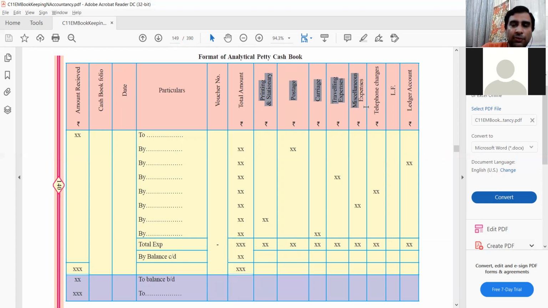For every respective business, what are the most commonly incurred petty cash expense items? Those will appear for the respective business. It will be different. The second last column is the ledger folio, and the last is the ledger account, which means if you are incurring a petty cash expense which does not fall in these 6, 7 categories, so 1, 2, 3, 4, 5, 6, these 6 are there for which you will be able to get the total for the whole month like this.